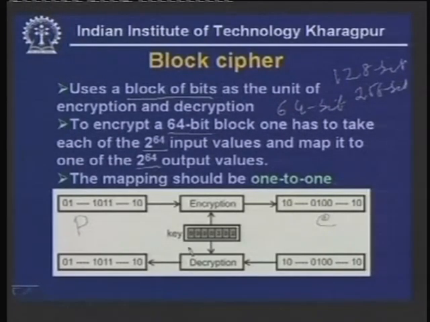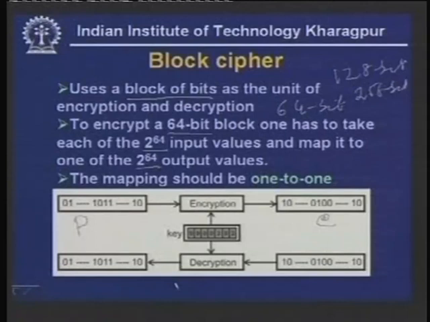Now, you may be asking what is really meant by a key? Key is essentially a number which is secret, and it is known only to the sender and receiver, or Ram and Sita, in case of this symmetric key cryptography. By using this secret number, encryption is done to generate this ciphertext, and the ciphertext can be decrypted using the same key to get back the original plain text. So, this mapping from here to here has to be 1 to 1,